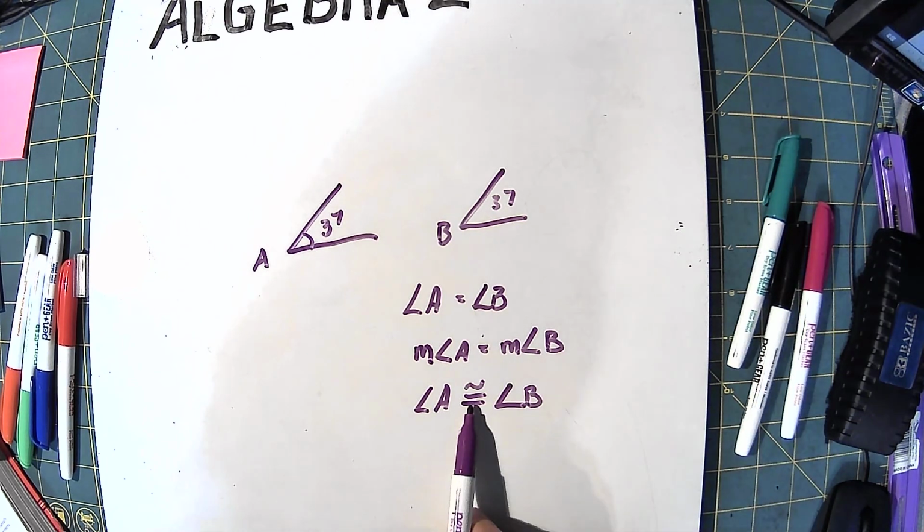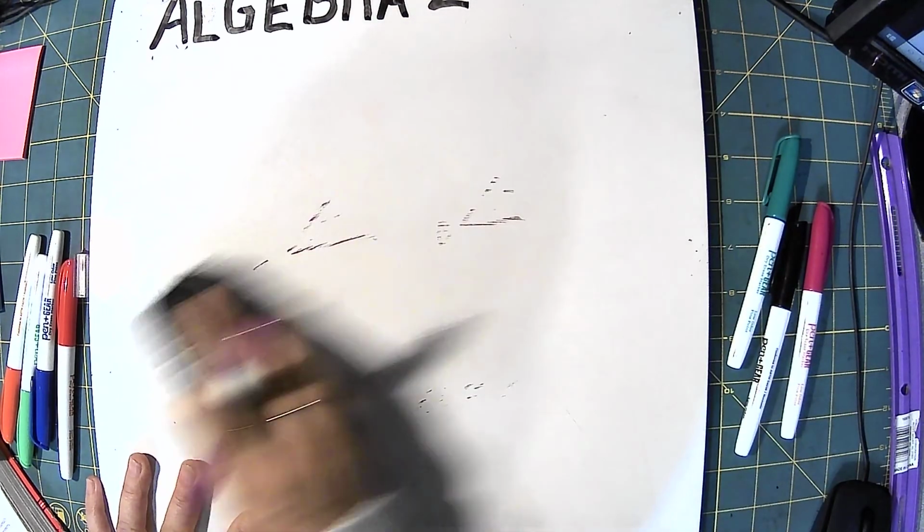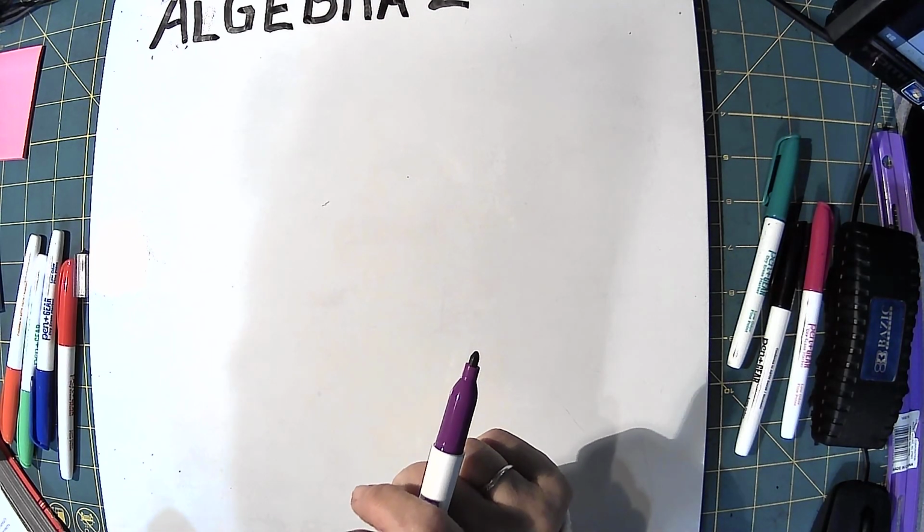Okay, so congruent is an equal sign with a little wiggly line on top. It means congruent. It just means geometric. It basically just means equal when we're talking about geometric figures. All right, so